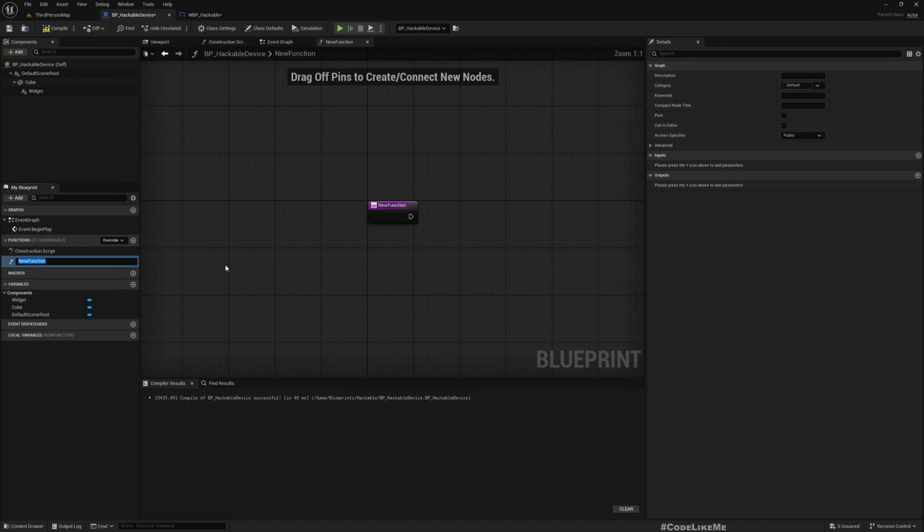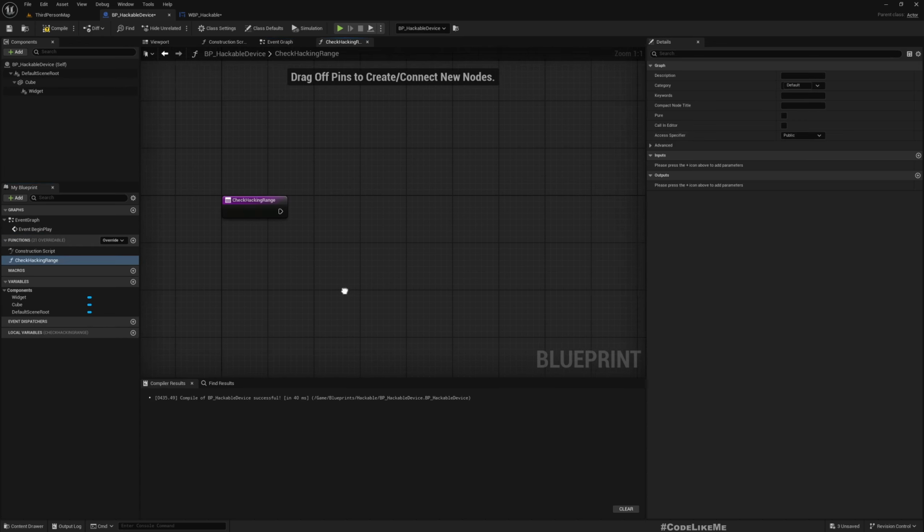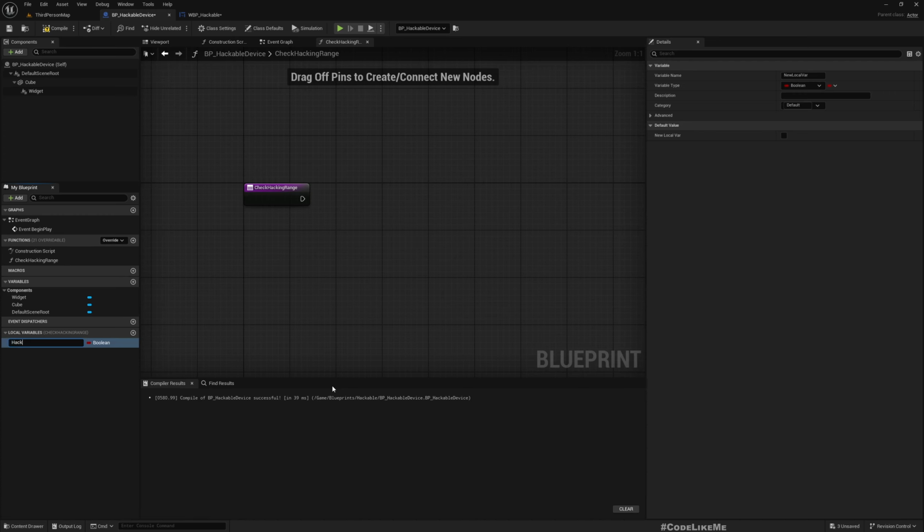No, I should add a function check hack in range, and here first let's add a variable hack distance for this object. Either this could be a parameter in the player or this could be a parameter in the object itself, but here I'll just add it in the object itself,